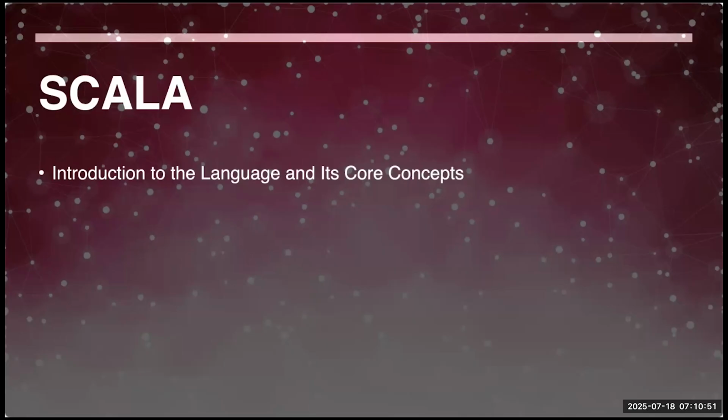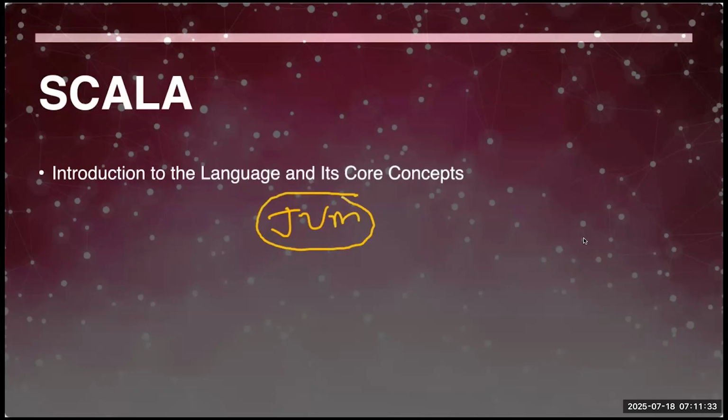In Java, you compile the code, create the jar, and then run it. Similarly, you will do the same in Scala. Scala also runs on the JVM environment, like how Java runs on the JVM environment. You will compile it, create the bytecode, and run that bytecode on the Java virtual machine. So basically, Scala also runs on the JVM.